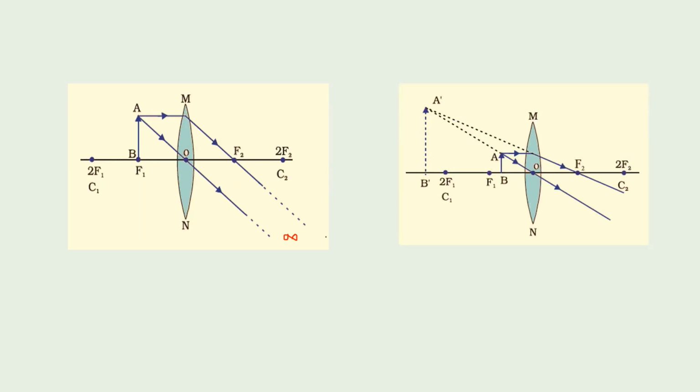When the object is between optical center and focus of the lens, the image will be formed on the same side as that of the object. It will be enlarged, highly enlarged, virtual and erect. Because the rays are not meeting here after refraction, they will meet when we extend them geometrically on the same side as that of the object. So image is virtual and erect because rays are not actually passing through this point. So the image formed is virtual and erect.